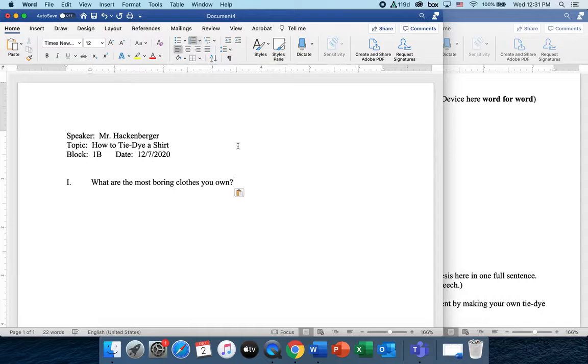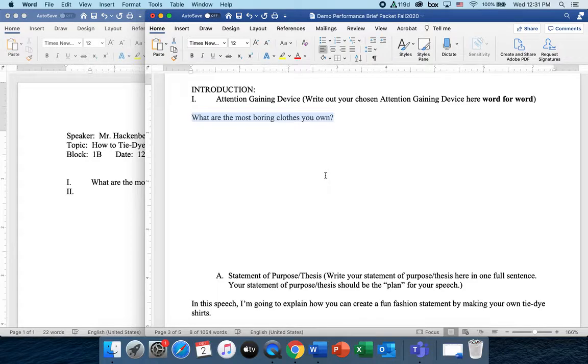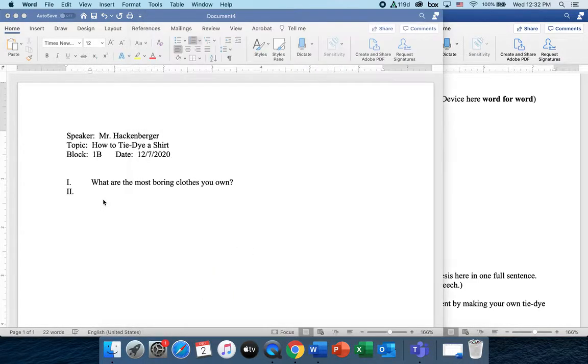Now that I have my rhetorical question, I'm going to hit the return key. Microsoft Word thinks that I want another Roman numeral, but in actuality, what I want is a capital letter because I am within the paragraph that contains my introduction. You can actually go and see this same kind of format here in the performance brief packet. I set up the Roman numeral for my introduction, and then I have a capital letter A for my statement of purpose. In order to get that for my full sentence outline, I'm going to hit the Tab button,